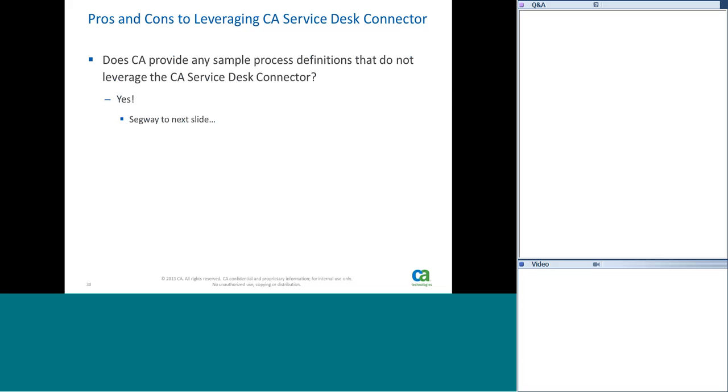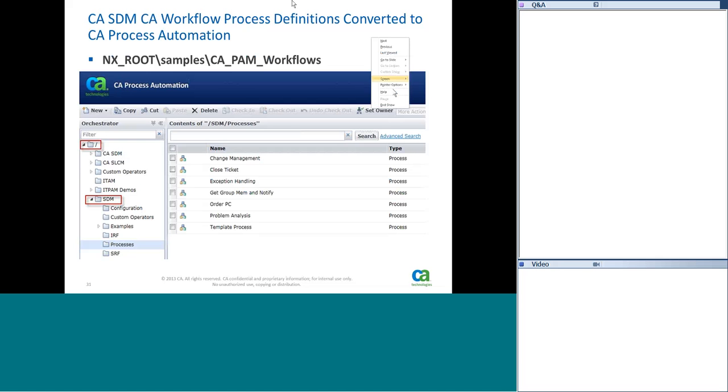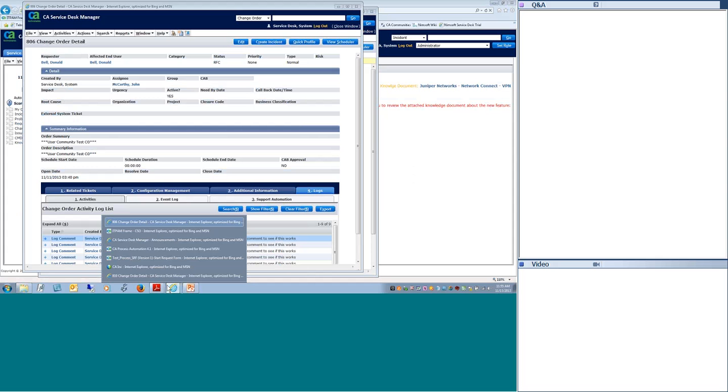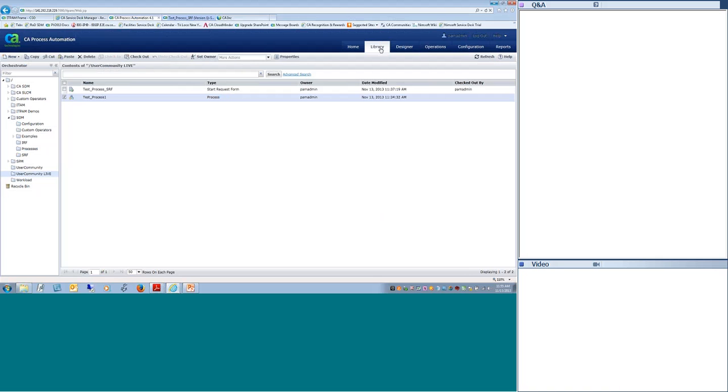which segues into the next topic: do we have any sample process definitions out of box that do not leverage the Service Desk connector? And the answer to that is yes. So from here we'll go in and talk about that. Let me close out of here and I'll go into the environment live. If you go into PAM,